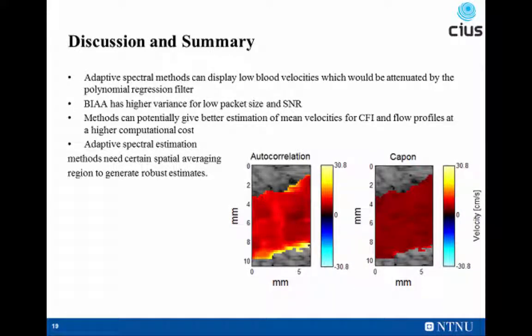And here is one color flow clip, and you can see that close to the tube wall, we can visualize the